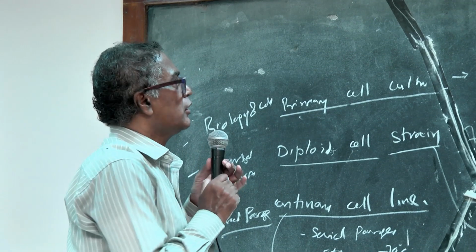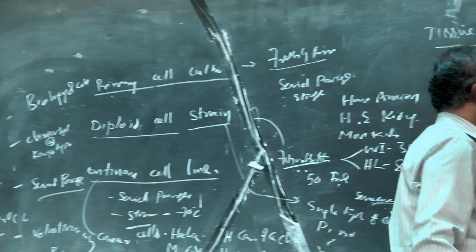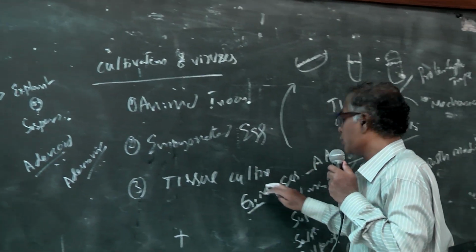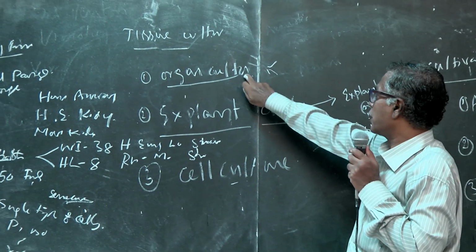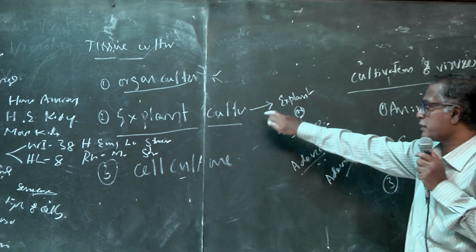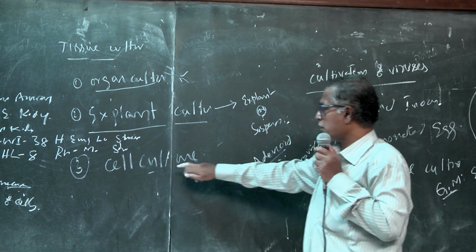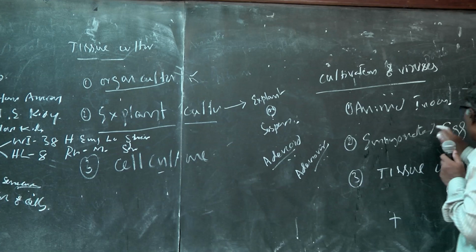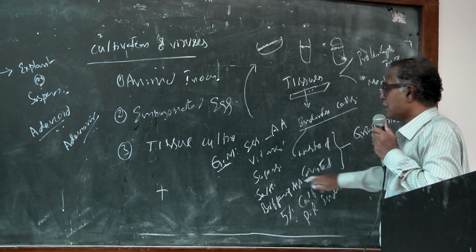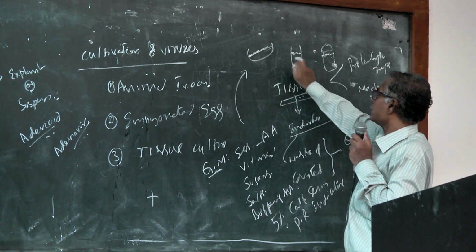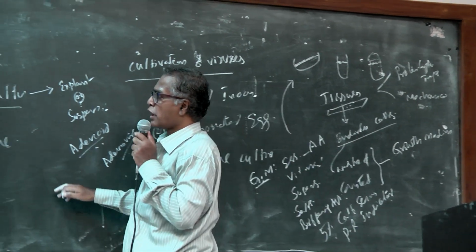So to complete, viral culture can be done by animal inoculation, second is egg inoculation, and third is tissue culture. Under tissue culture, there is organ culture. For example, you can use tracheal ring for the identification of coronaviruses. Explant culture: adenoid tissue can be used for the growth of adenoviruses. Under cell culture, individual cells can be taken from the tissues, washed and kept in the growth medium. This growth medium helps for the growth of the cells, and they form a single layer. On this single layer, the inoculated virus will grow.